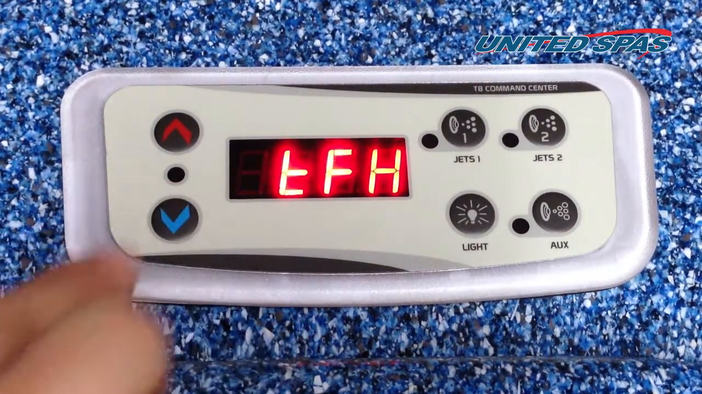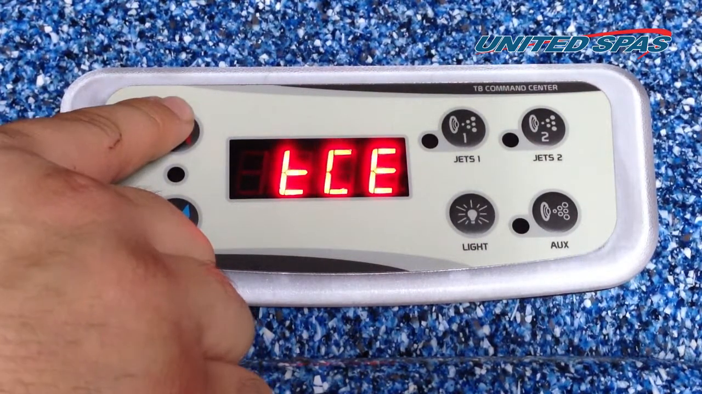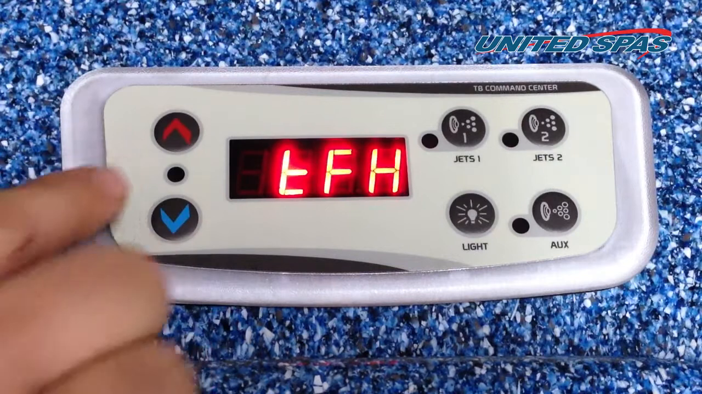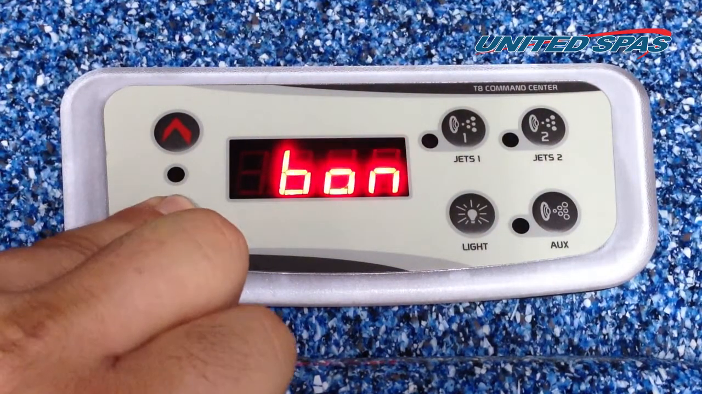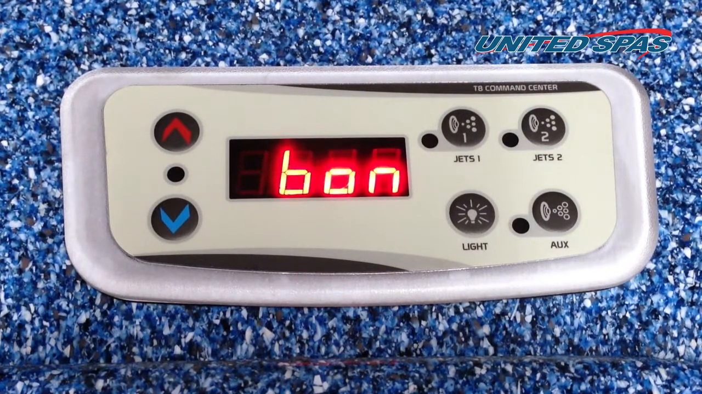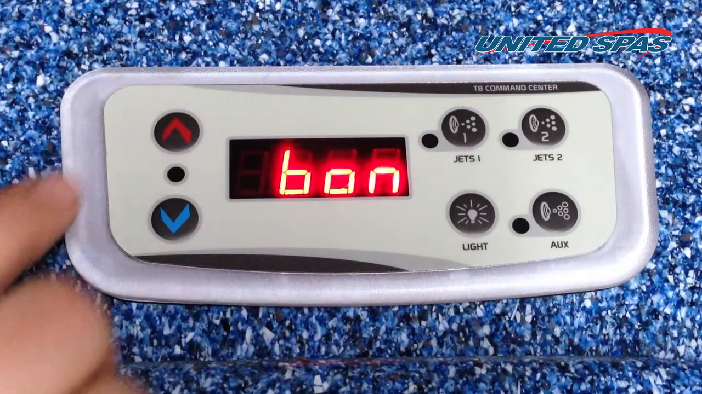Press the temp down button to display the next setting, which is the temperature display format. Tapping temp up will cycle through the selectable options of Celsius or Fahrenheit. Pressing the temp down button again takes you to the internal buzzer setting. The buzzer that sounds when the topside's buttons are pressed can be toggled on and off from here with the